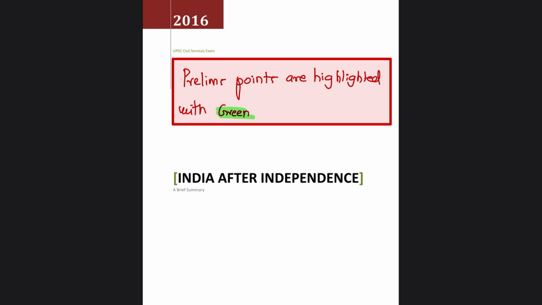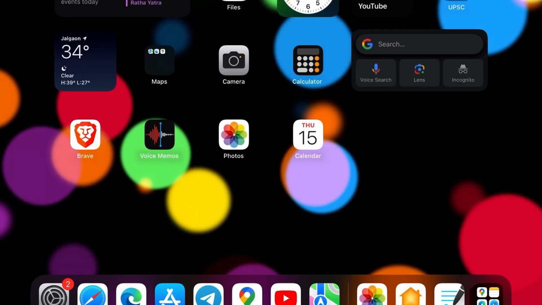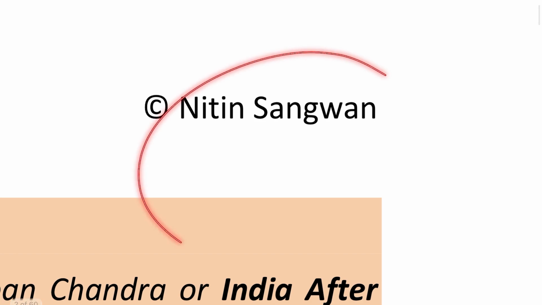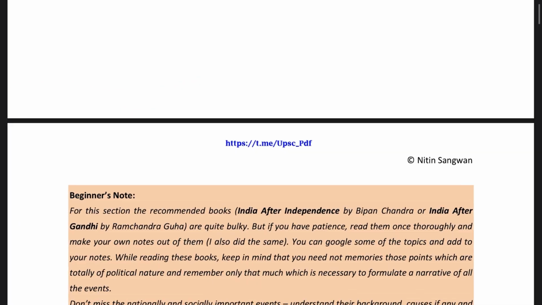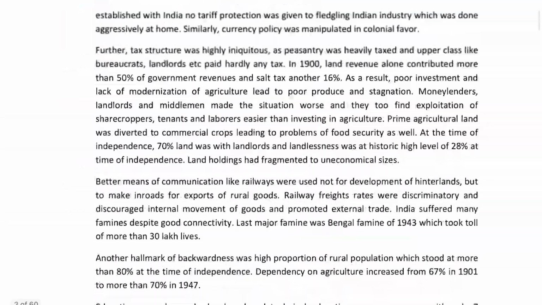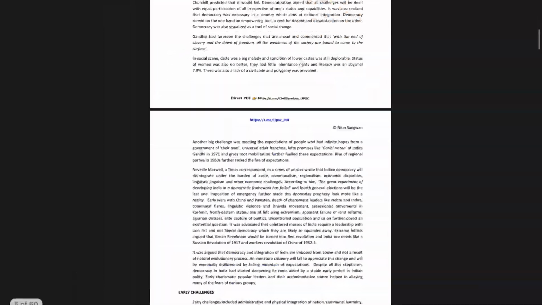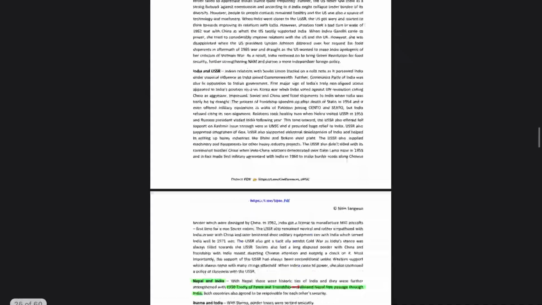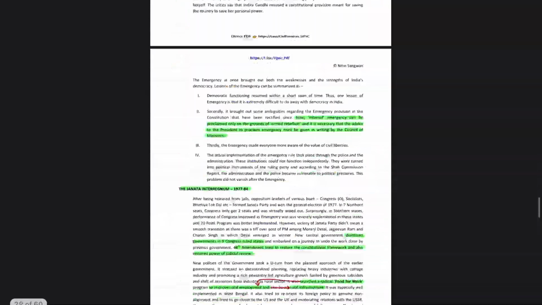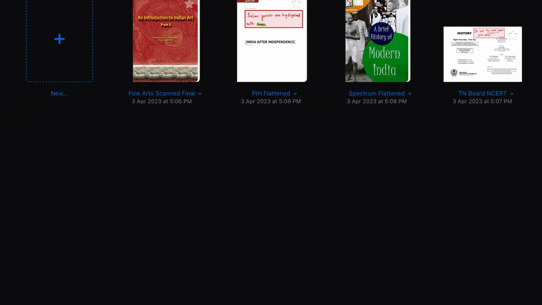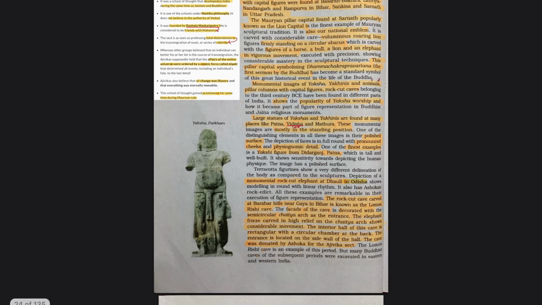This is the material I got on the internet. These are the notes prepared by, I think, Nitin Sangwan, right? So copyright Nitin Sangwan. Again, it is copyrighted material, I cannot share that with you, but you can always get this PDF on their website and use it from there. Here the important points have been highlighted, right? In post independence history, there are certain facts that can be asked, so those facts have been highlighted. This is how you can use the art of note making to save your time. This helps us in revision.